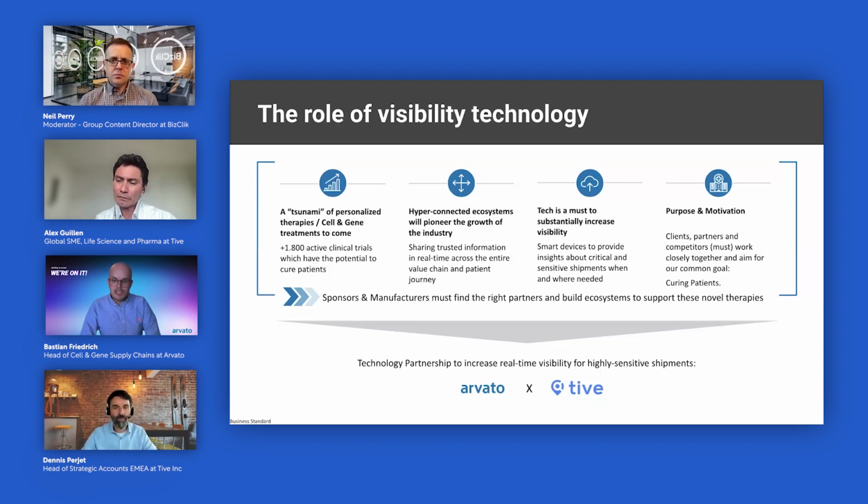And last but not least, from our point of view, it's much more about having the right purpose and also the motivation within the people who interact in this supply chain. So we have to make sure that we work very closely together with our clients, with partners here, but also with competitors who partially maybe take over certain activities in the supply chain. And only when we do so, working closely together, can we achieve this one common goal of curing